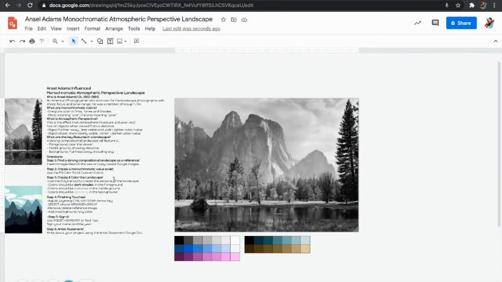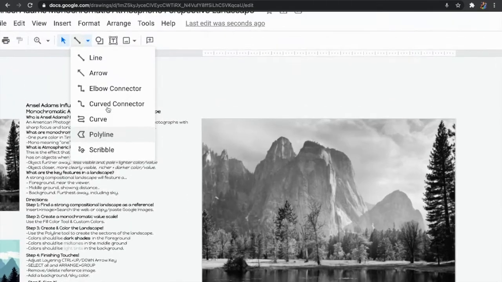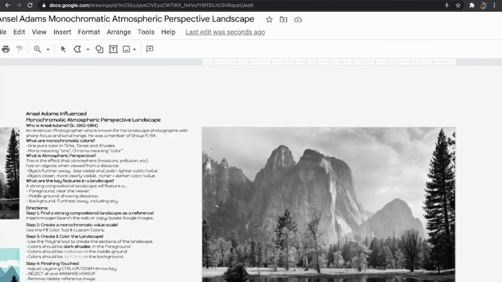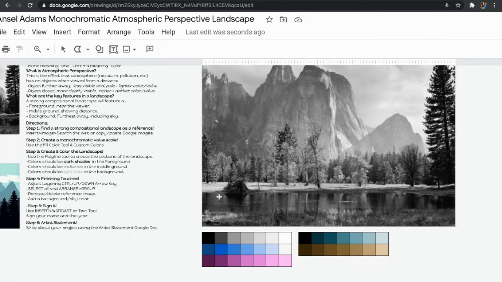Now we want to start to create the landscape, and I'm going to do all of this with the Polyline tool. So step number 3 is create and color the landscape using the Polyline tool. For this, I'm going to work from the darkest shades to the lightest shades. So the darkest shade should be in the foreground, the things up close,